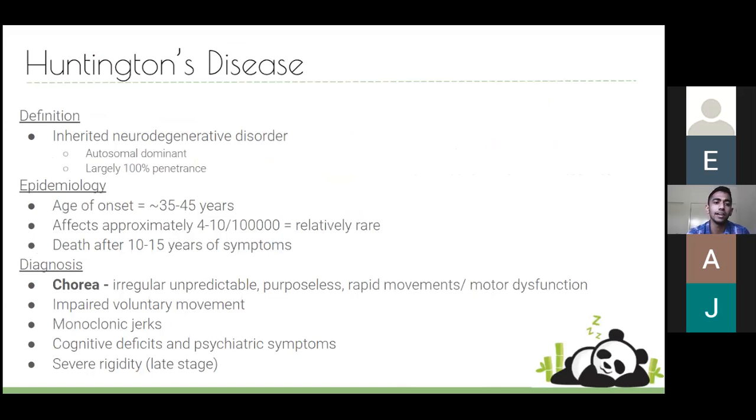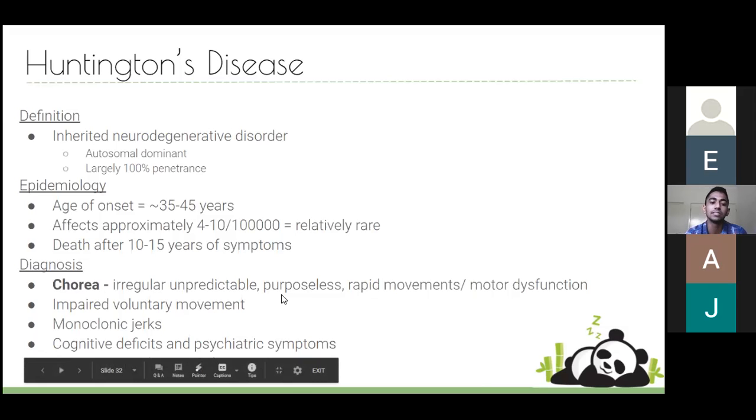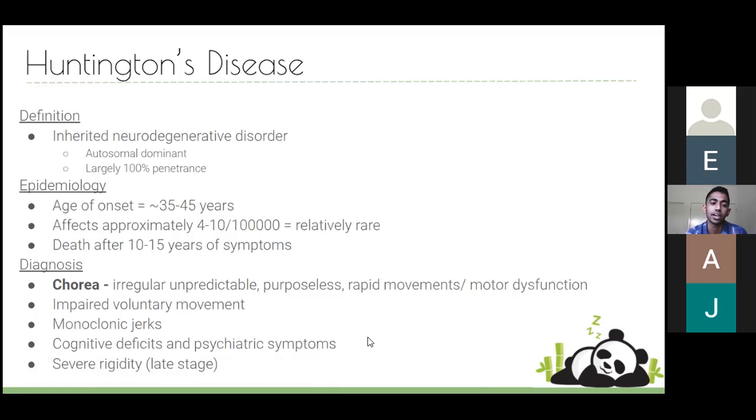All right, Huntington's disease. So this is pretty much just the opposite of Parkinson's. You get too much movement as your disorder. Instead of it being an acquired disorder mainly, this is mainly an autosomal dominant disorder, and it's characterized by chorea, so mad, jerky movements, as well as cognitive defects and psychiatric symptoms.